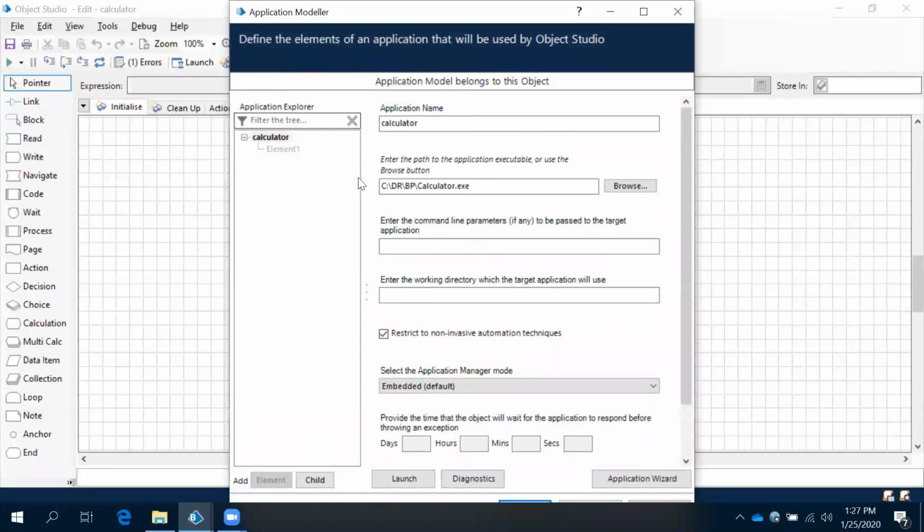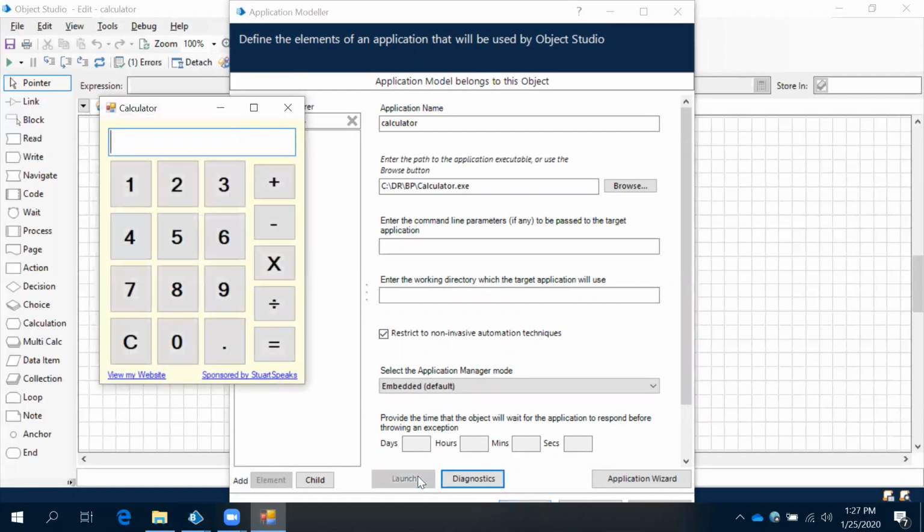Now observe this, this is the application modeler. If you want to work with an application, the first step is to click on launch. When you click on launch, the application is opened. Here, what you are going to perform on the application is an action, and where you are performing it in the application is an element.